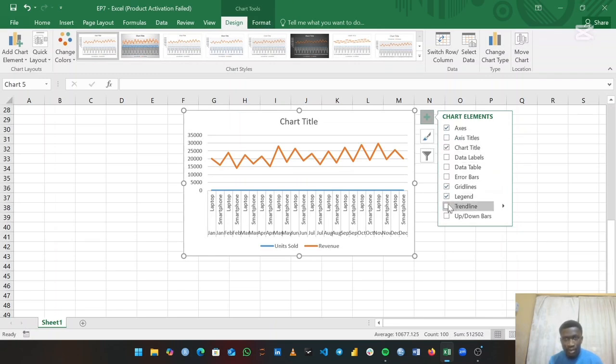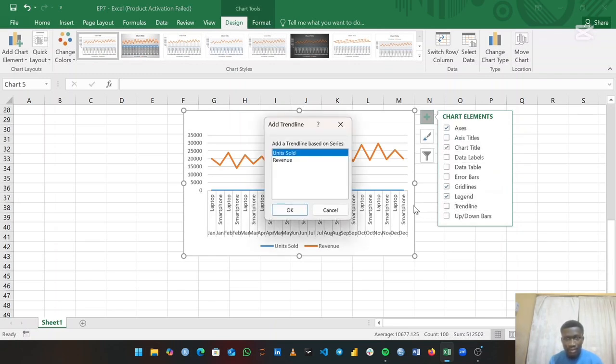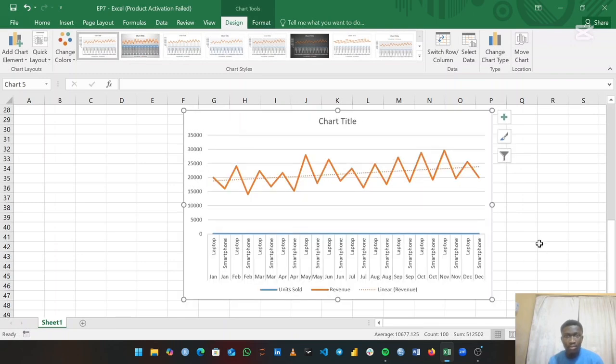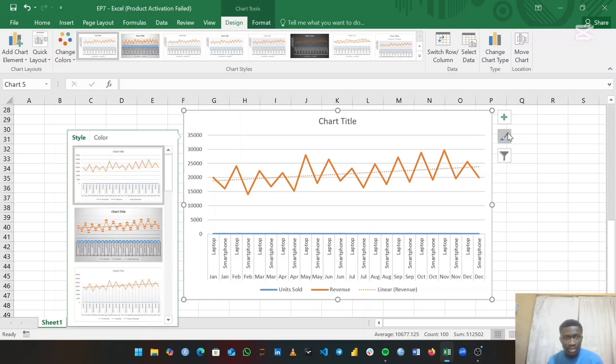We can add a trend line to see. So the trend line will remove all lines, okay, and give us a clear path of how our revenue is moving over the year. So the dotted orange line, you can actually edit it, okay,